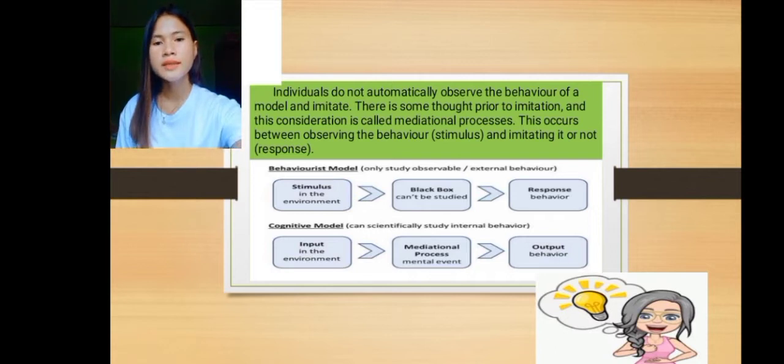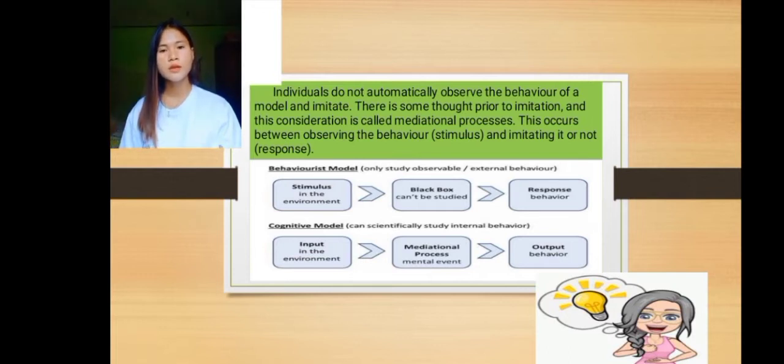So the mediational processes are mental or cognitive factors that intervene in the learning process to determine whether a new behavior is acquired or not, and it occurs between observing the behavior or stimulus and imitating it or not, or response. So there are two approaches in mediational process, and these are behaviorist model and cognitive model. So behaviorist model only study